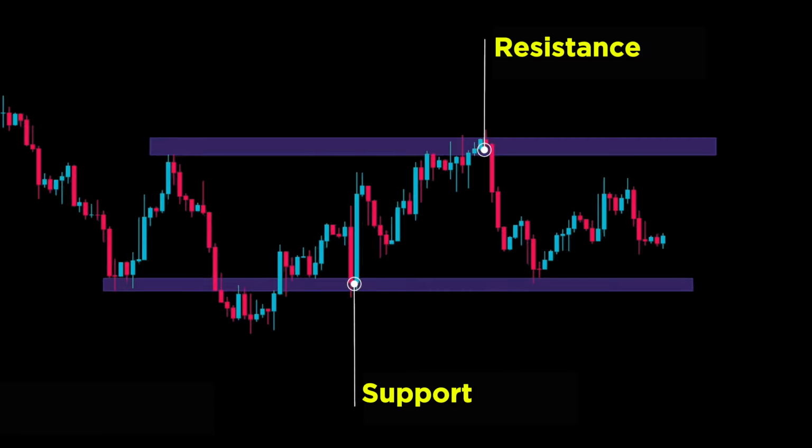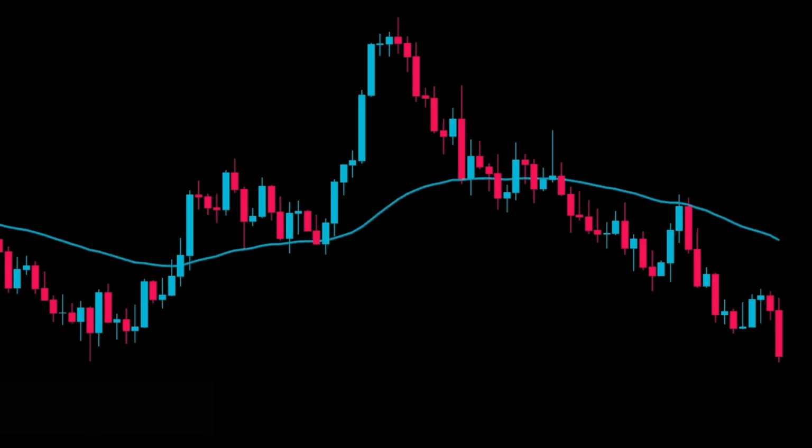Traditional support and resistance are fixed horizontal price levels that are drawn based on previous highs and lows. While these levels remain in the same position, the market is constantly moving and evolving. This is where moving averages offer a unique advantage. Instead of remaining fixed, they create dynamic support and resistance levels that move together with the price. As the trend develops, these levels continuously adjust to current market conditions, providing traders with a more flexible way to